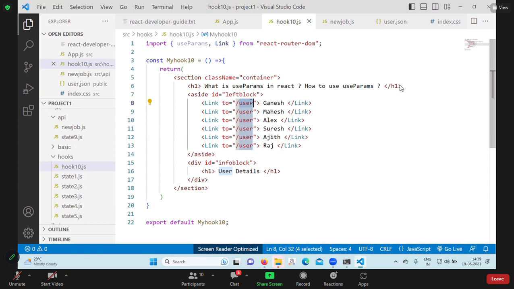After that, you have to use slash user. Only user, it will not find what the meaning of user is. Slash user will represent the